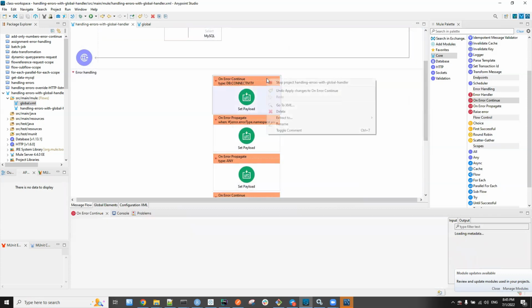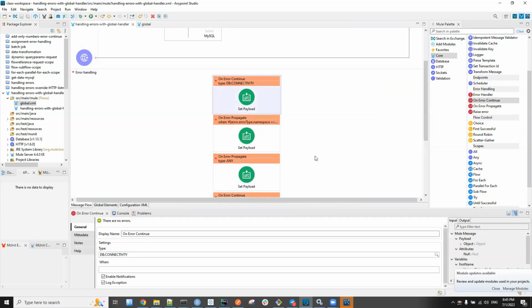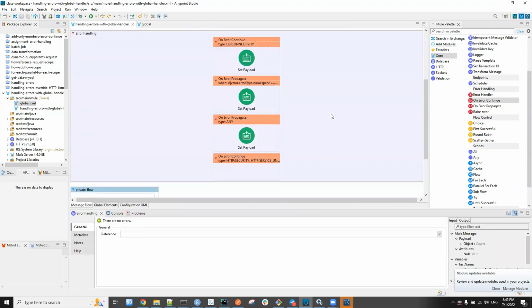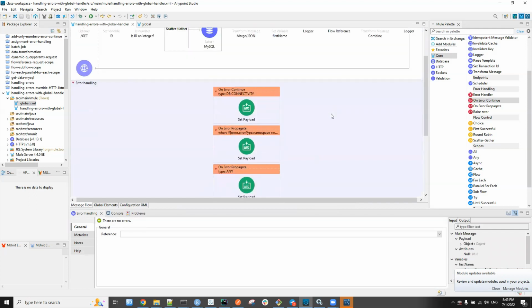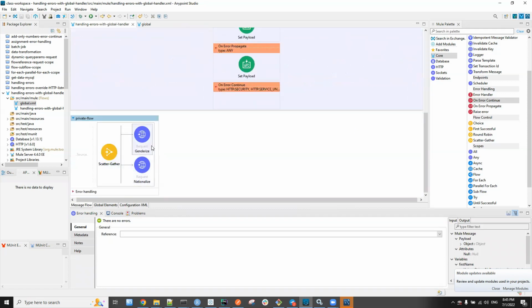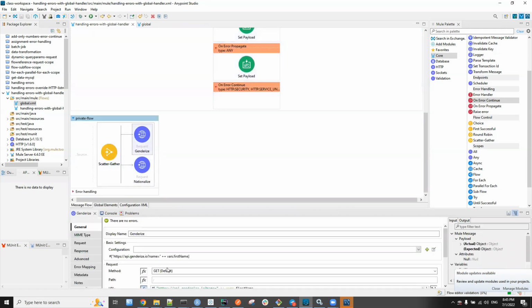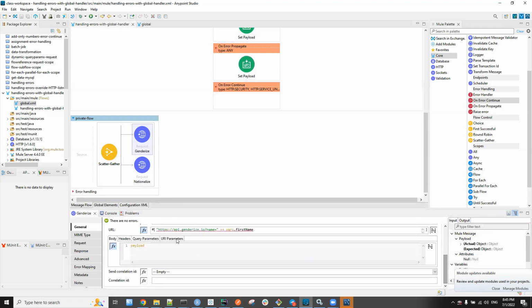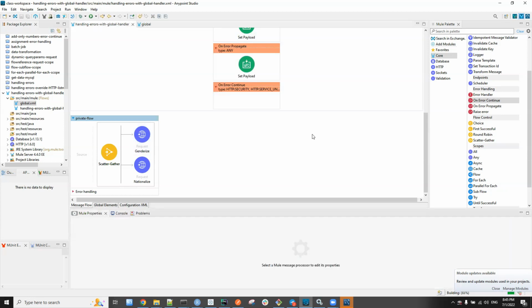And let's remove all of this and we will see. What I can do is introduce an error in this request operation. So let me change the URL, for example, make it a wrong URL by adding 2 here, API 2 something, and we will see we don't have this private flow.